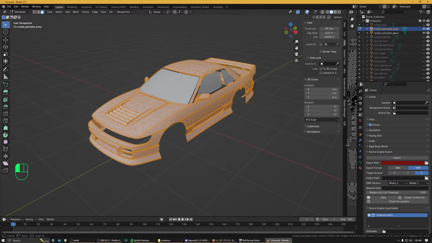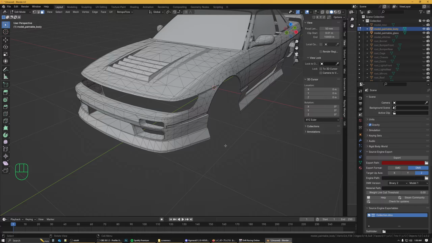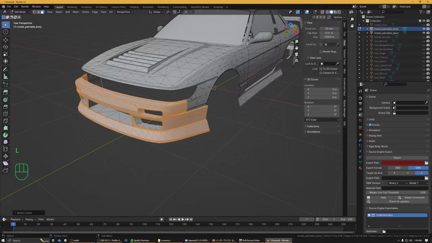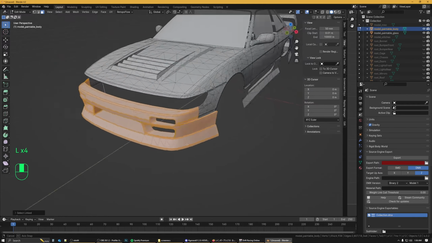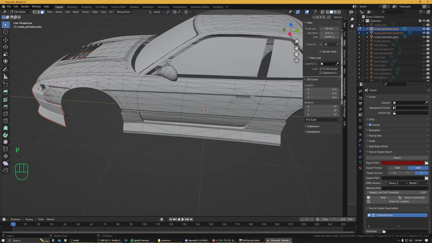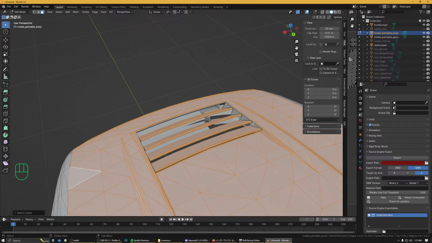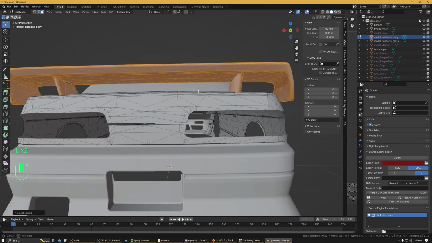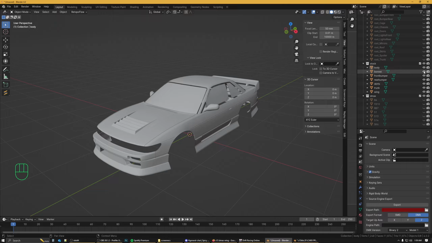Now what we can start doing is, in faces mode, we'll use the L key to select our parts of the front bumper. I'm going to press P and separate by selection. Now for the side skirts, and I'll just quickly rename these. Grab the bonnet as well. Grab the wing. So now that the car is split into convenient parts,